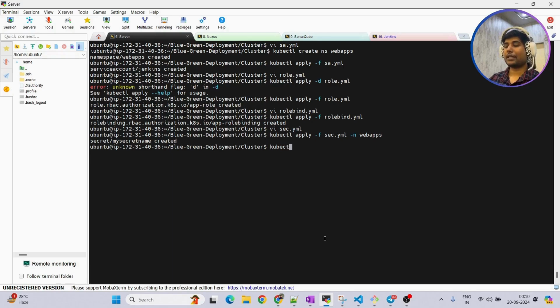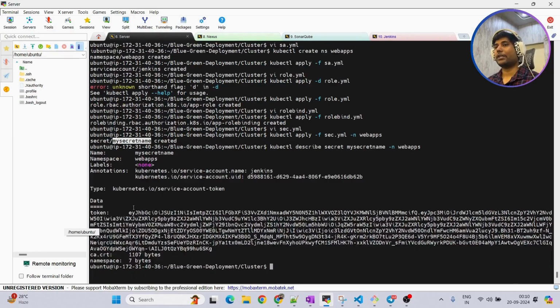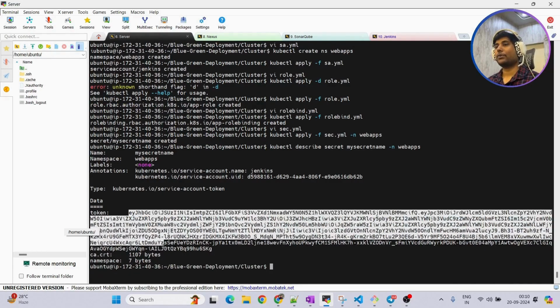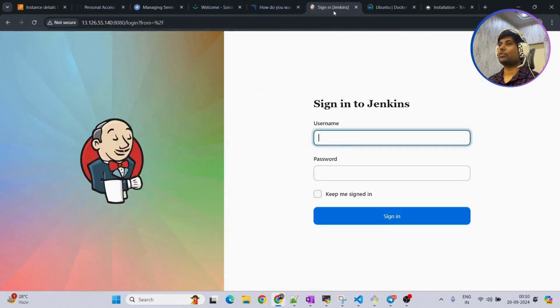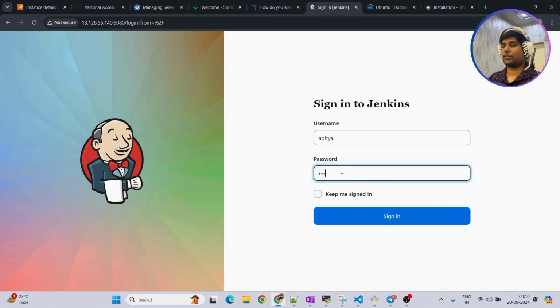Okay, I'll run the command kubectl describe secret. The name of the secret we have is this one, -n web apps, and you can see here a token generated, right? This token we are going to save because we are going to use this for authentication. So I'll copy this, and immediately we will be going to Jenkins. Let's log in immediately, sign in,